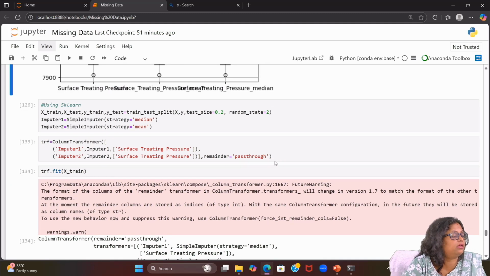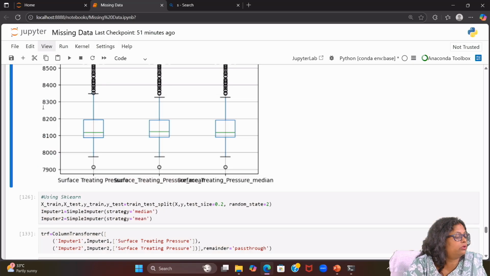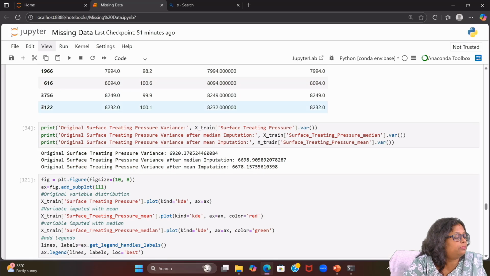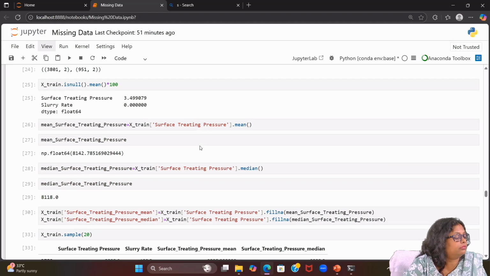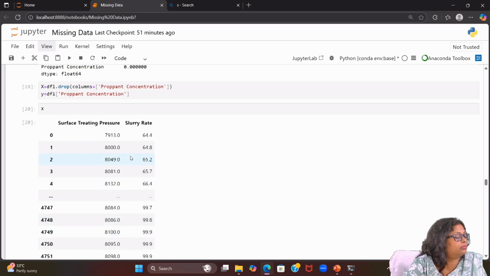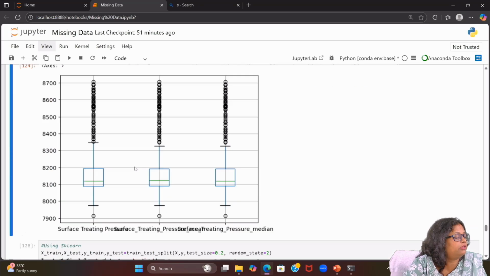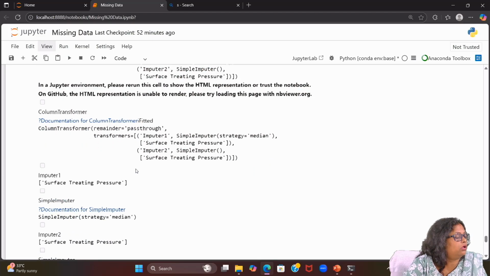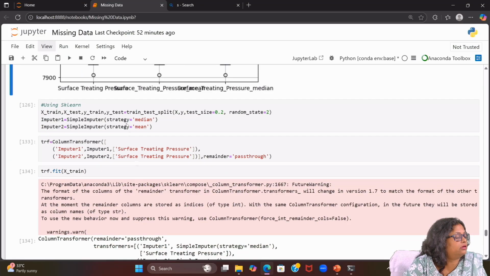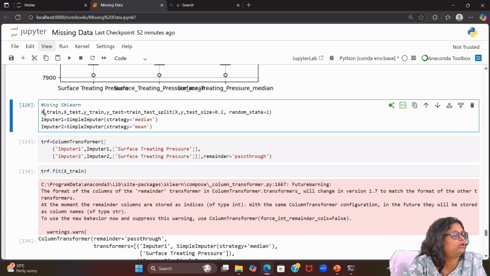The same operation we can do using sklearn. So we have reached till here. Now we are going to apply column transformation in sklearn, using the simple imputer.